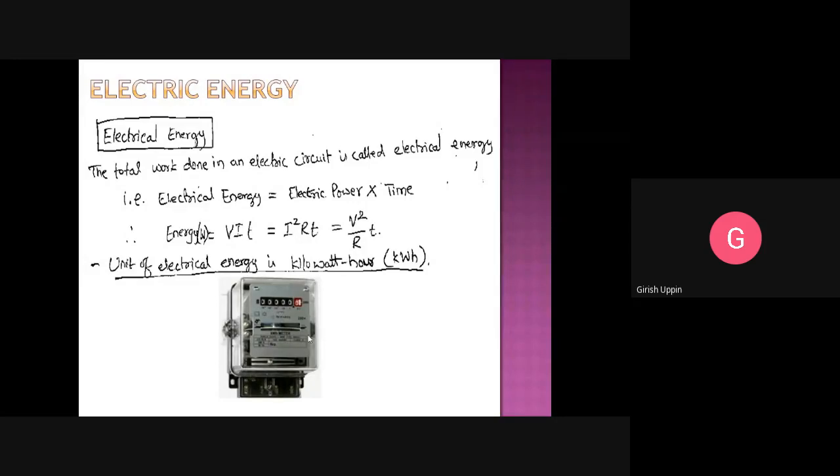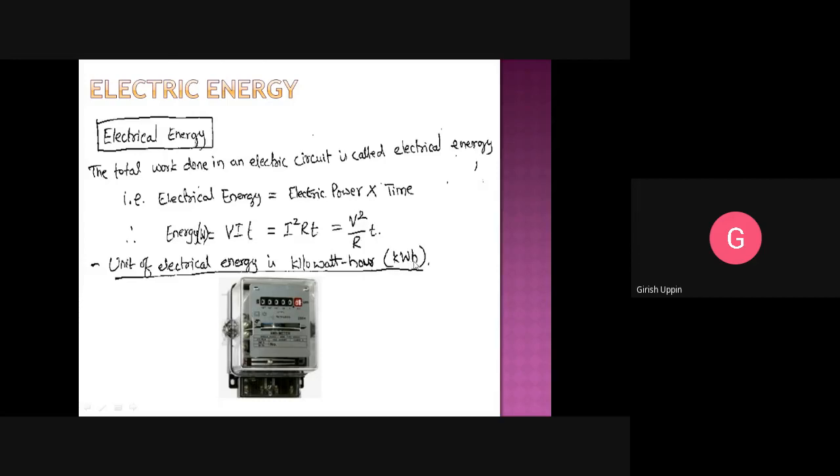Whatever unit you call for your electrical energy, if you have seen the electrical bill, the number of units will be represented, how many units you have consumed. That one unit is a kilowatt hour. So what is the meaning of kilowatt hour? You are using 1 kilowatt of power for 1 hour. That energy will become 1 kilowatt hour, or kWh.